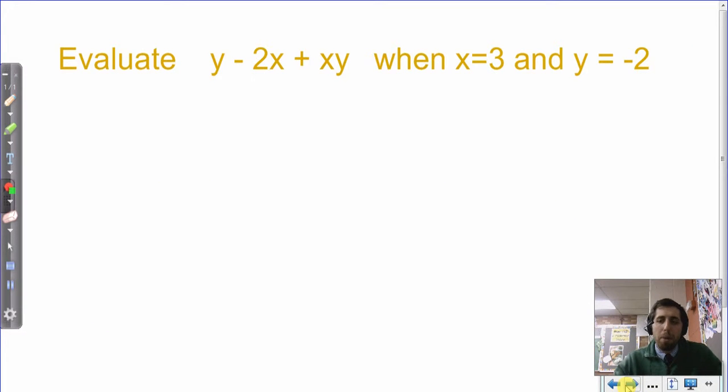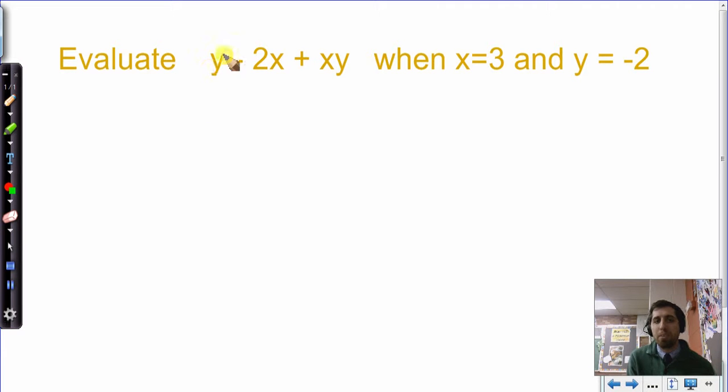For a warm-up, I want to consider this problem. It says evaluate y minus 2x plus xy when x equals 3 and y equals negative 2. Now this should be a familiar sort of problem. We've seen problems like this before. Hopefully they strike you as pretty easy to understand and to conquer. So we know that we have an algebraic expression here that they want us to consider,